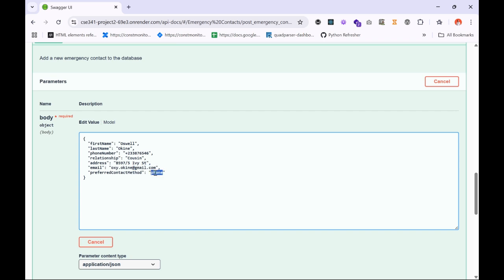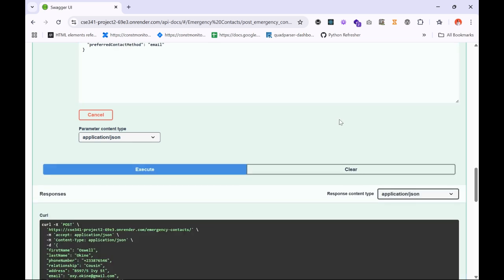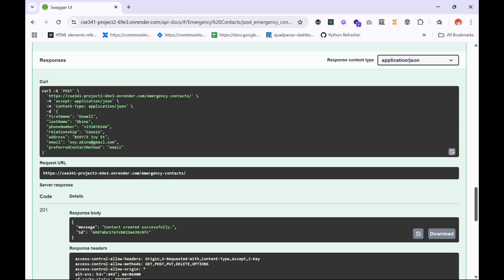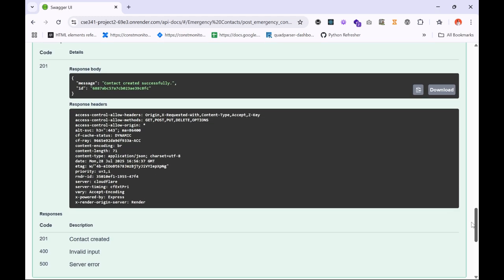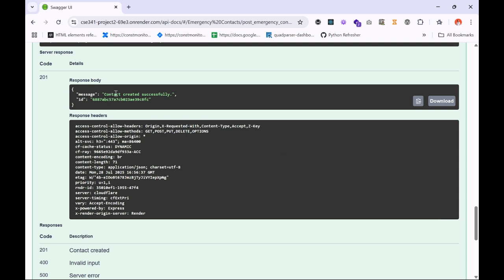Then my preferred contact method, say email. And so once we execute this, it returns a 201 code and then a message to show us that the contact was successfully created,